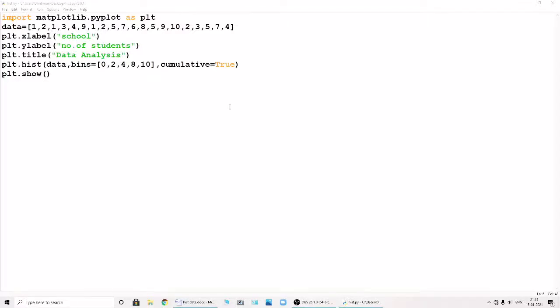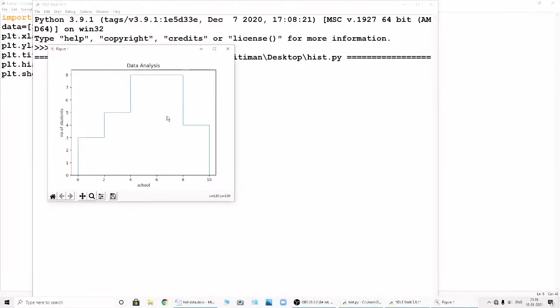Histtype means what type of histogram you want. These things are in your book, students, just follow the book and you will get to know. Suppose histtype is step. In the book, bar, barstacked, step and stepfilled are there. If I give this, you will get the output. Just see what output: simply steps. You can see it is not filled.